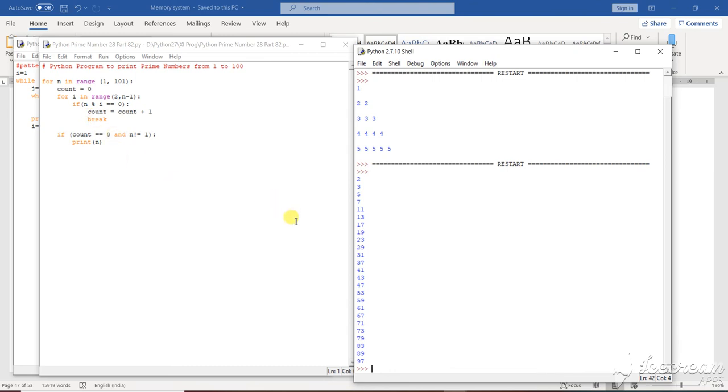What you are finding is a series of prime numbers from 1 to 100. Okay, so this is how the prime numbers are printed. This is how I am printing the prime numbers, and showing whether a particular number is a prime number within a certain range. So it is a program. In this way, you